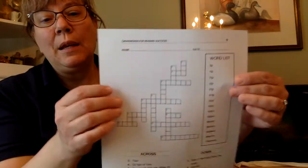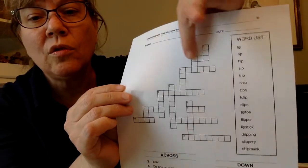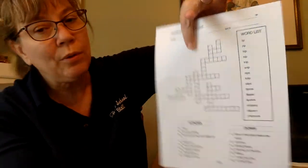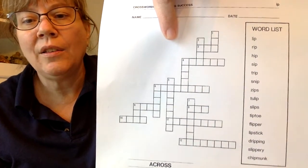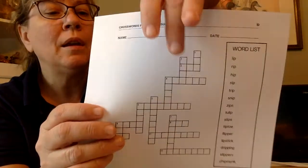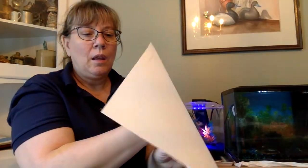3 across, when I look at 3 across right here, it has 1, 2, 3 letters. So I need a word with 3 letters that means tear. And the correct answer is rip. So you'll circle rip and write it right here in number 3. Okay. And then when you're finished,